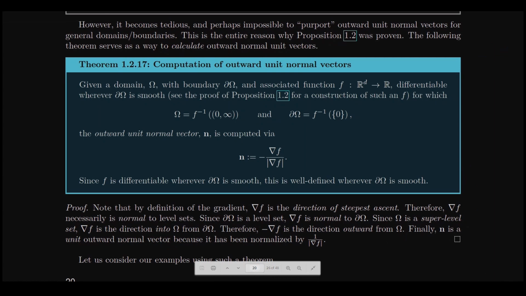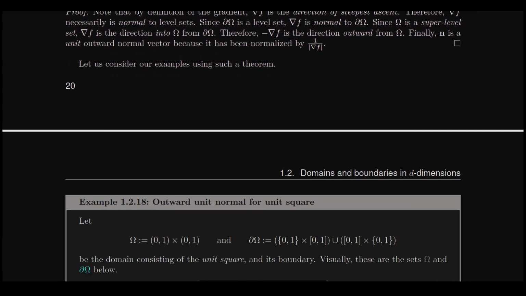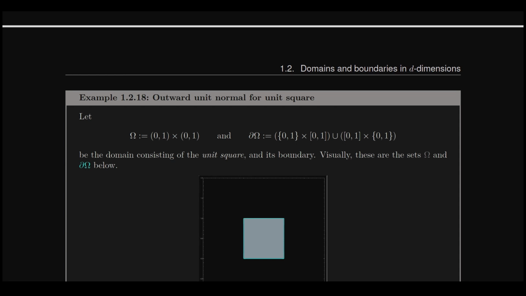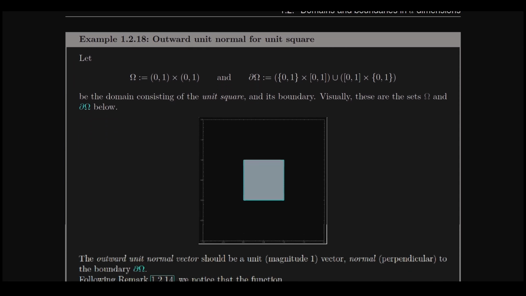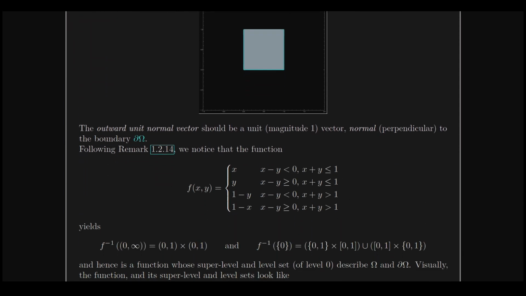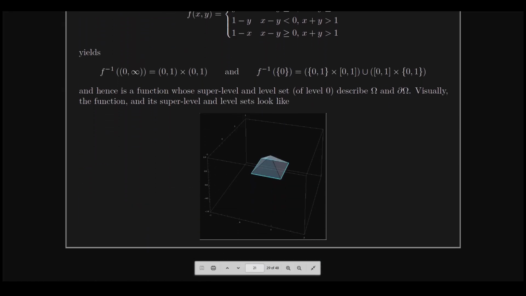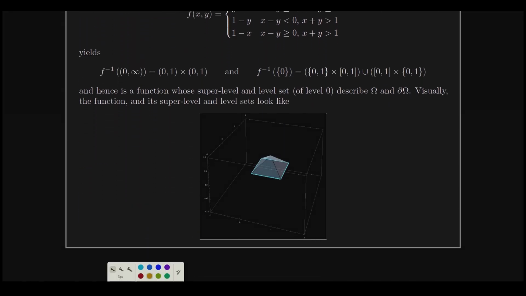And so now let's see this proposition in action for our two previous examples. If we want the outward normal for the unit square, we can actually construct a function. Here's my function. It's a little bit ugly, but we can construct it, a function for which the unit square is a level set or a super level set. It's piecewise. If I plot this function and look at the super level set and level set, we get the following. I've inverted the colors, but the boundary, that's my level set,